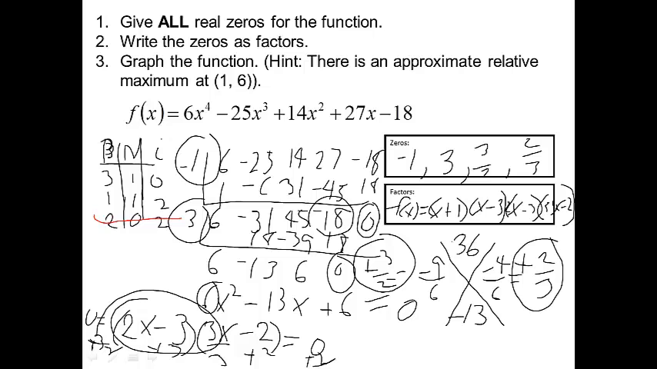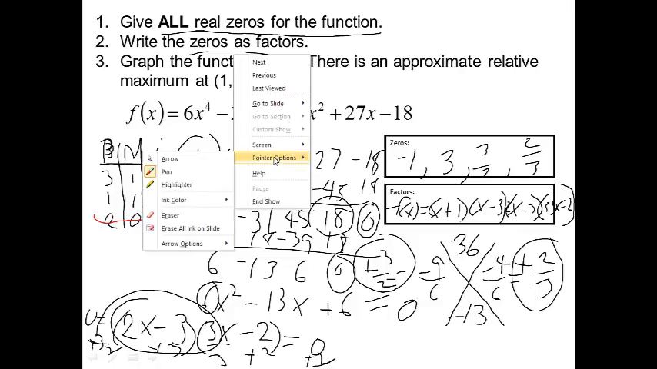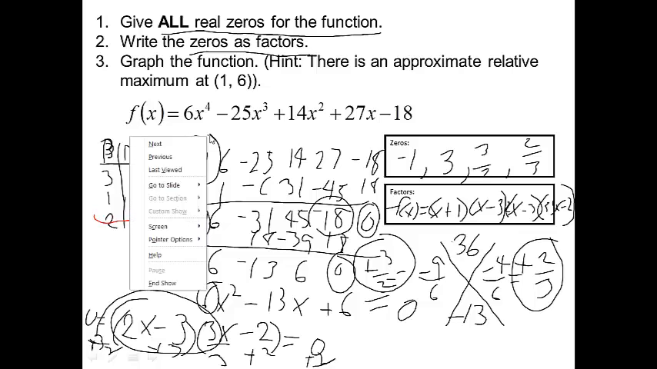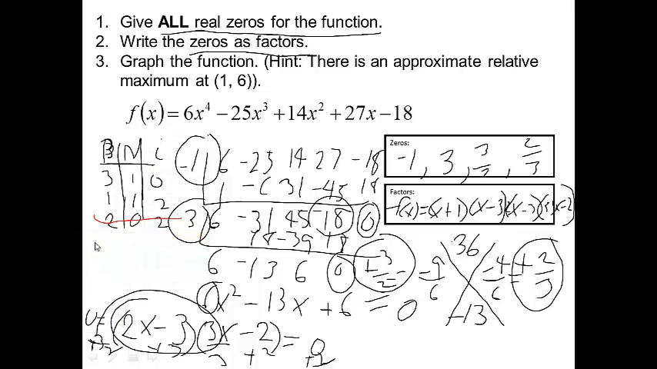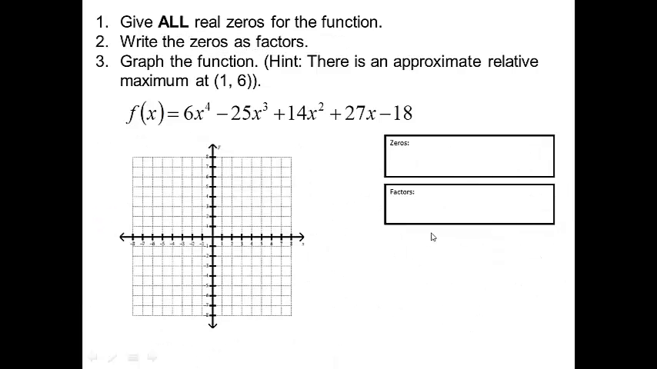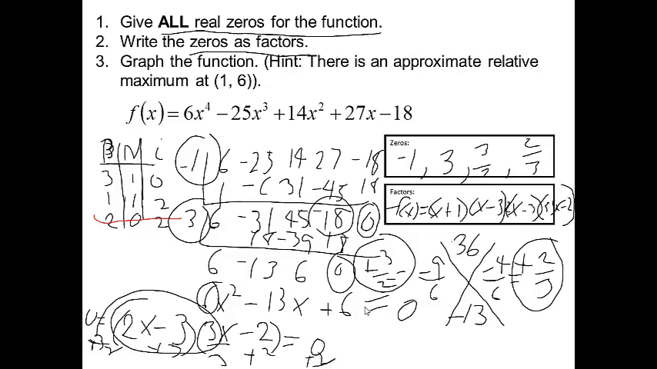Now I'm going to have to graph these. I've found the zeros. I wrote them as factors. Now I'm going to graph it. Okay, I'm graphing it. And go to the next screen here. Okay, my factors were -3, -1, 3,